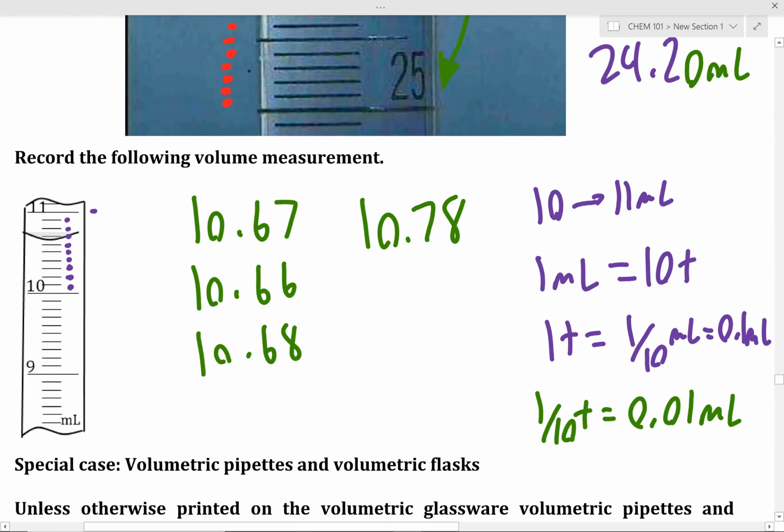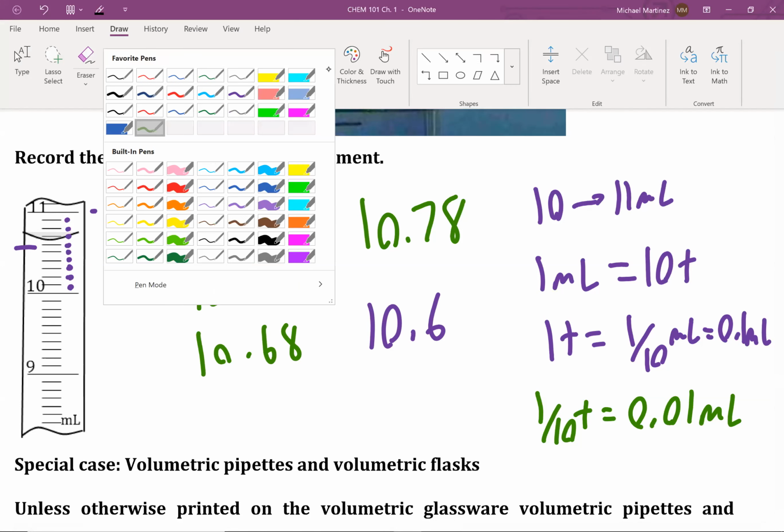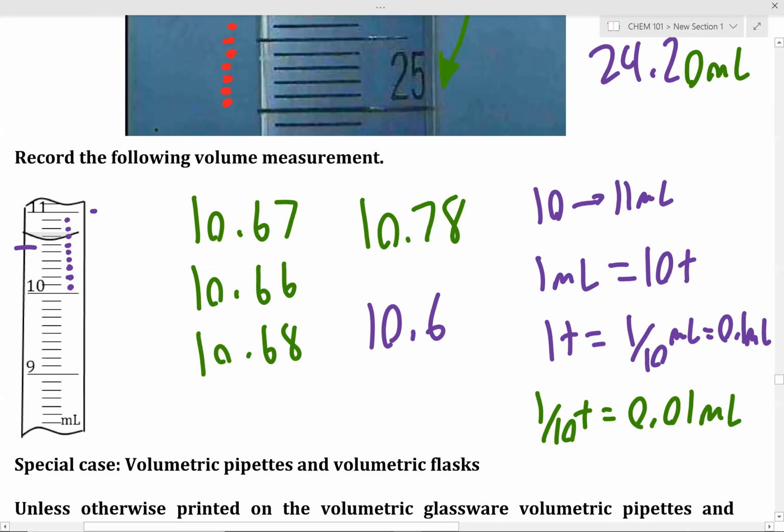Okay, so what graduated mark is the bottom of our meniscus past? So counting 1, 2, 3, I can't, the writing will be too small. 1, 2, 3, 4, 5, 6. Are we past the 6th or are we past the 7th? 6th. You measure from the bottom of the meniscus. So we can report 10.6 and then we can estimate one additional digit. And what digit are we estimating? Well, sure, 7. That's fine. Key thing, make sure to include the units of milliliters. Does that make sense? Okay.